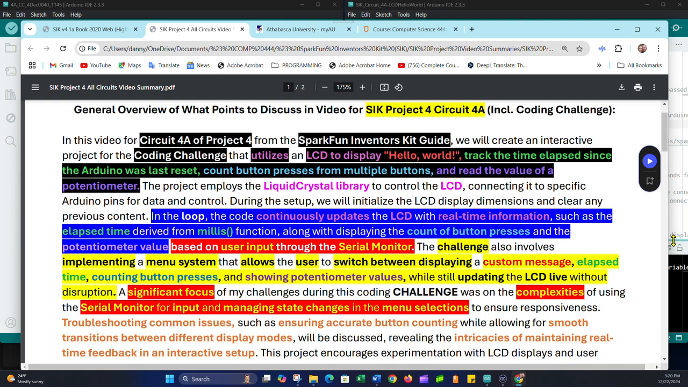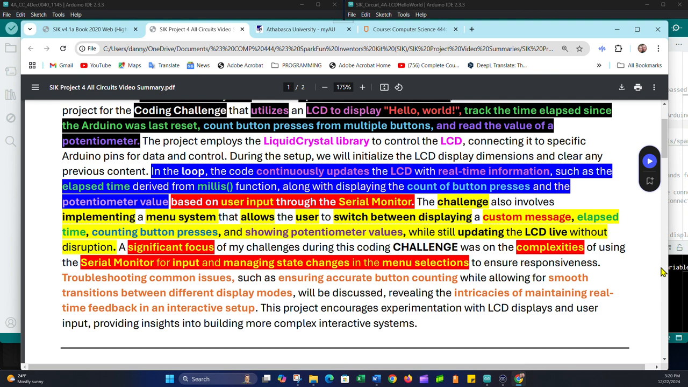Troubleshooting common issues such as ensuring accurate button counting while allowing for smooth transitions between different display modes will be discussed in this video, revealing the intricacies of maintaining real-time feedback in an interactive setup. As always, this project encourages experimentation with LCD displays and user input, providing insights into building more complex